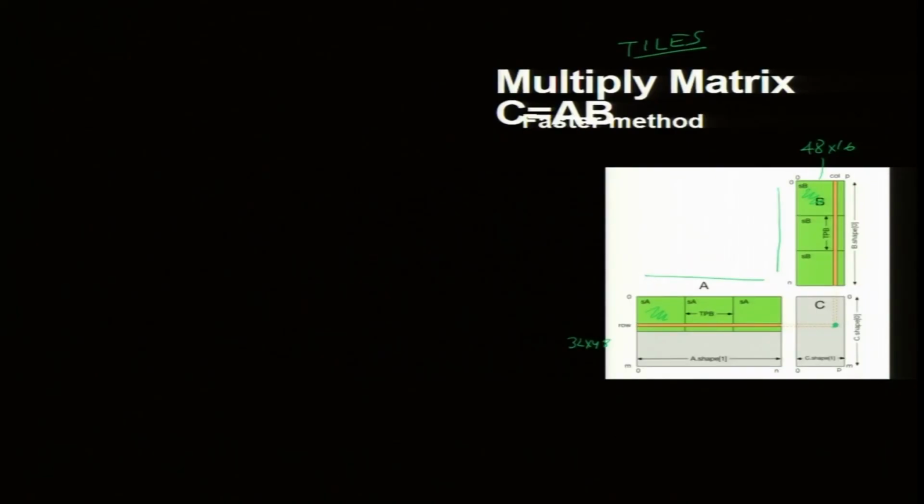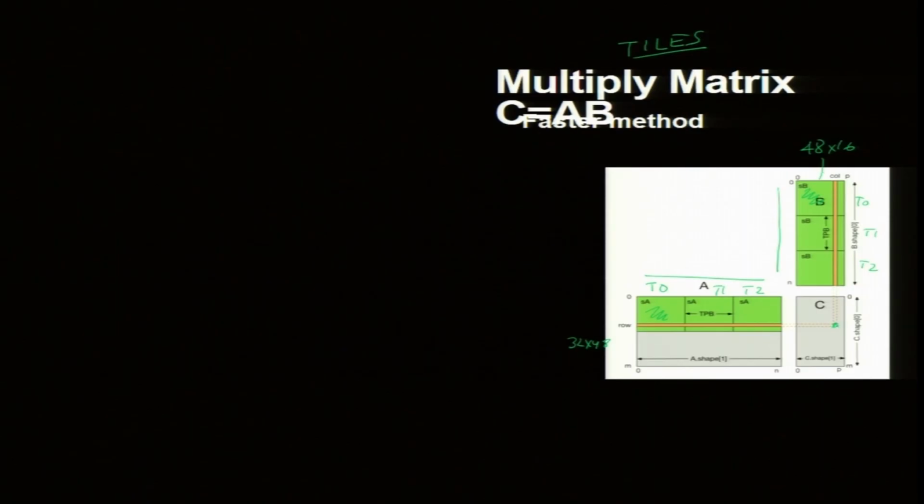So, we create 3 blocks for A and 3 blocks for B. These are called tiles: T0, T1, T2. I am going to multiply T0 of A with T0 of B, with a very similar idea to what I did before, then T1 of A with T1 of B, and T2 of A with T2 of B, and add. Each operation will have a local total and then add it up, and you have to do it for every x, y. It is parallel, so all the threads will manage it.